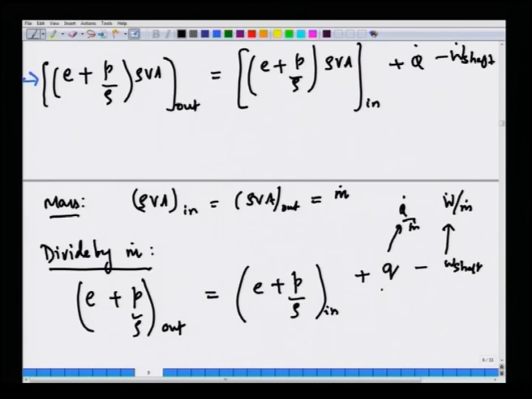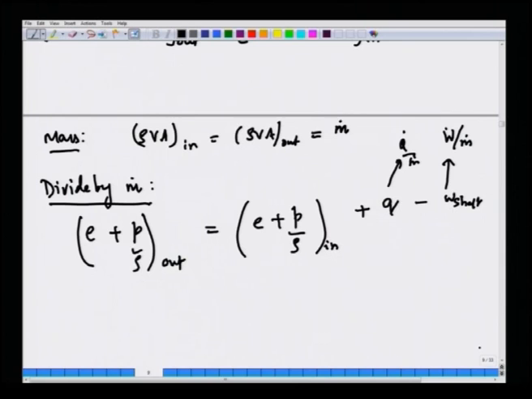Small q is the heat transferred to the control volume per unit mass of the fluid, and small w is the shaft work done by the control volume on the surroundings per unit mass of the fluid, because now we have divided the rates with the mass flow rate. So, the resulting quantity will be independent of time